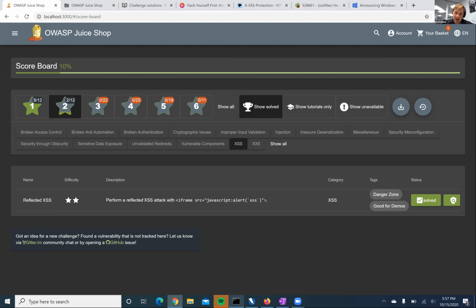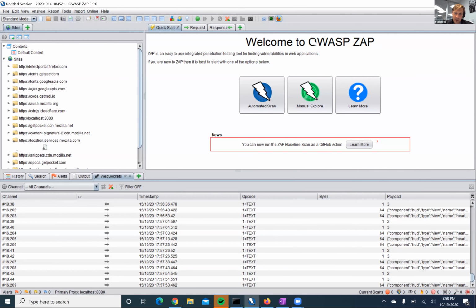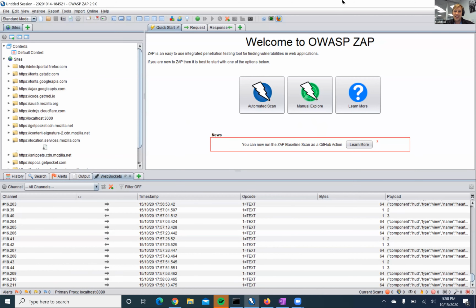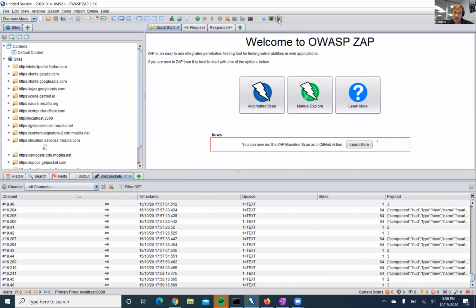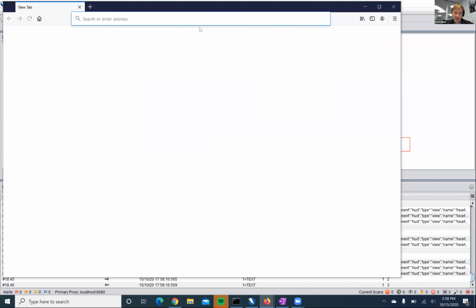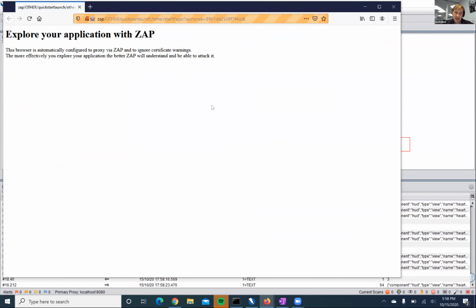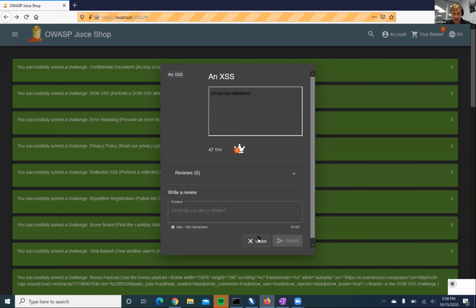But that's when I started using this tool called OWASP ZAP, which was recommended in the Pwning OWASP Juice Shop book somewhere. And so I downloaded it and started messing around with it. And they have an amazing tutorial, really good tutorial, that you can access by clicking on this button, and maybe not. I don't know why that's not working. Maybe it's because I have one.